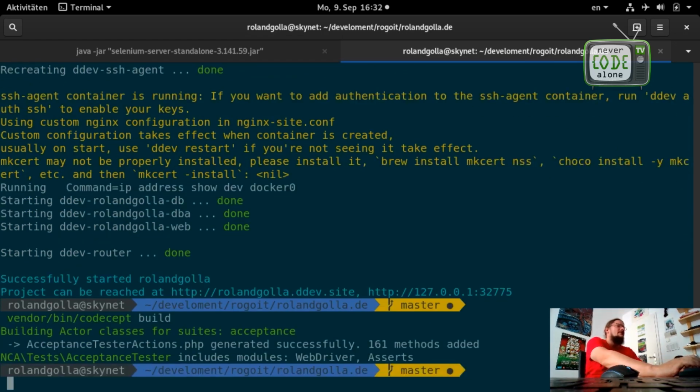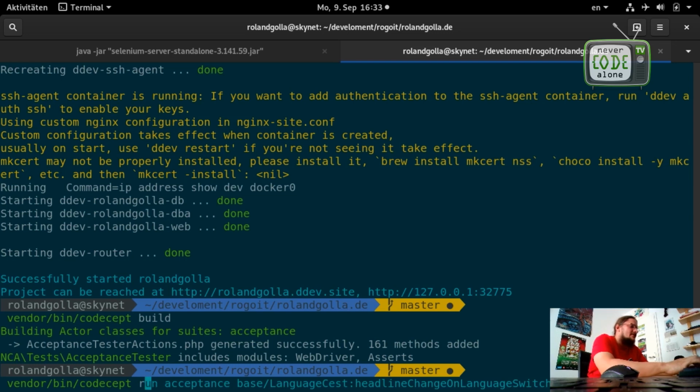Okay, everything worked for us, and now I have to do a vendor/bin/codecept build because I made something here in my environment setup. And when this is ready, I hope this will work. So when I say just run